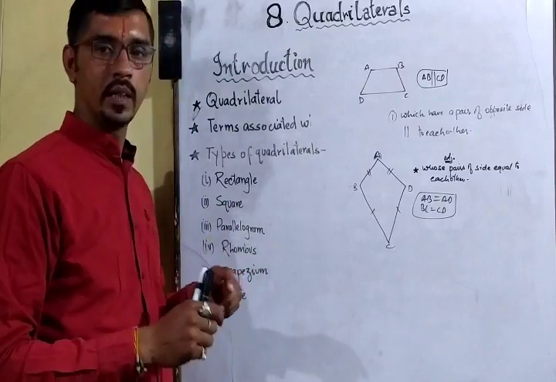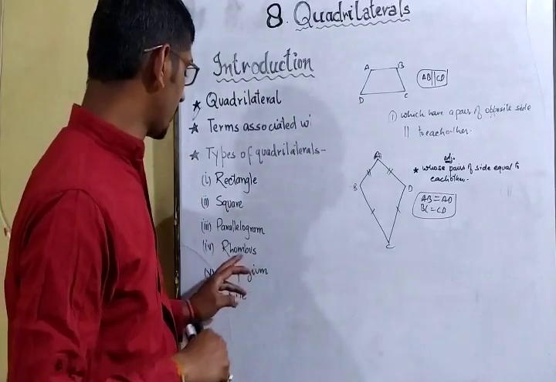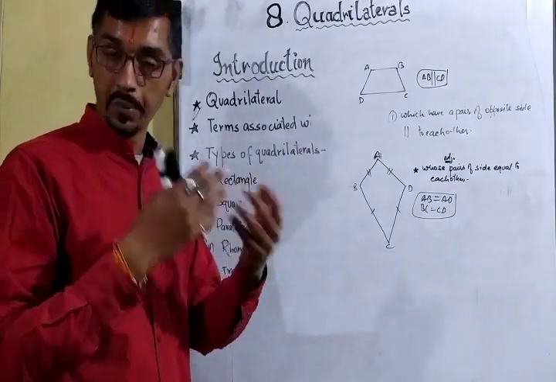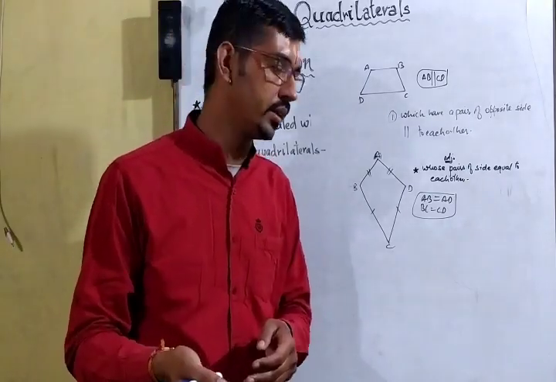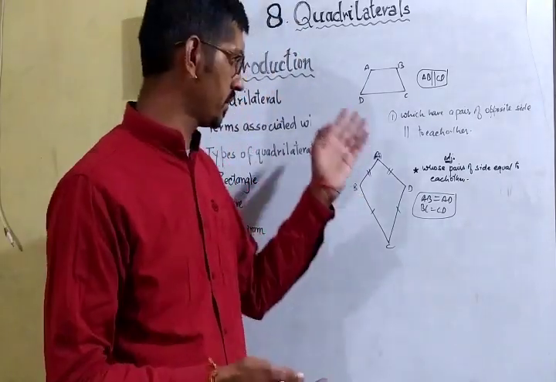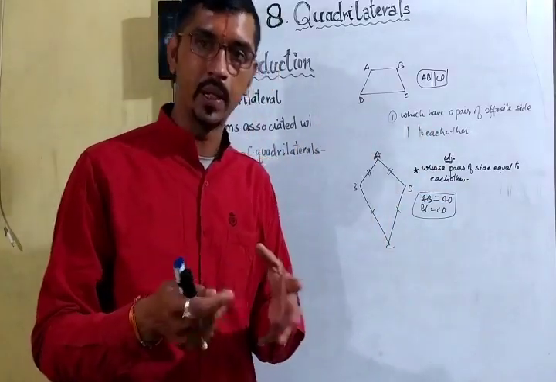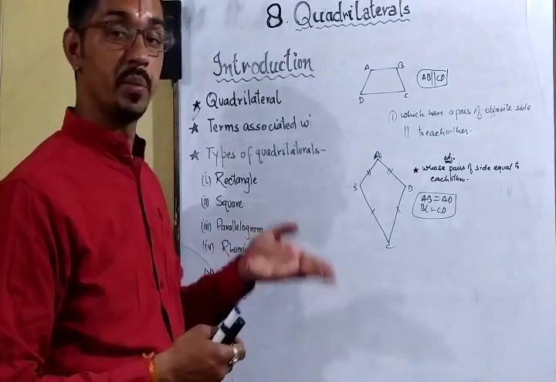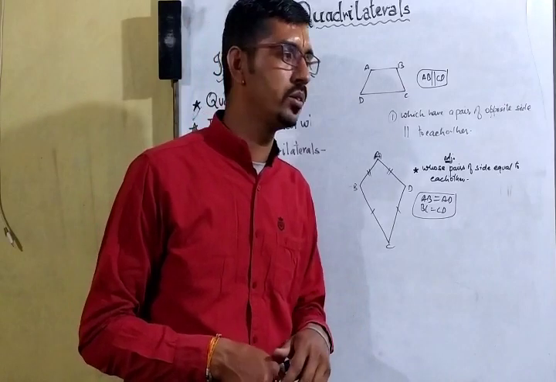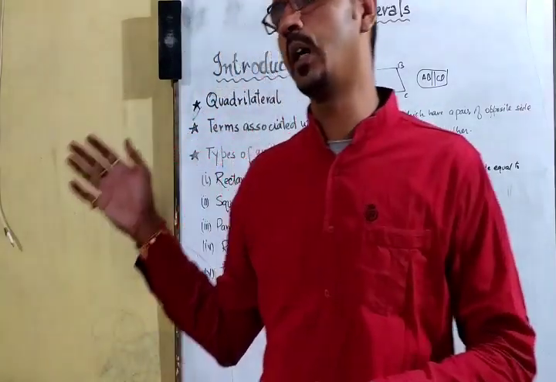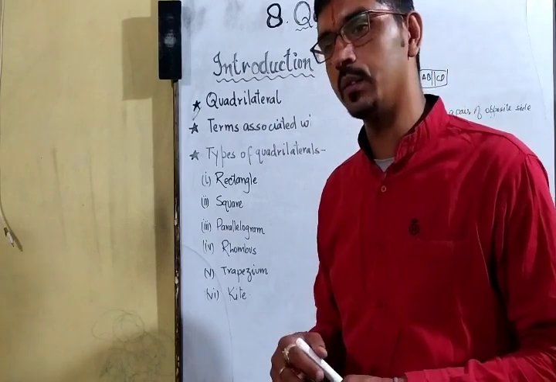So you will write rectangle, draw a figure and its properties. Second, square, then you will write square, then its figure, then its properties. Now third, parallelogram, draw a parallelogram with the help of the book, or I have prepared one here as well. So you will draw a parallelogram, then its properties as well, then rhombus, then trapezium, then kite. So it is very easy to define all the types of quadrilateral. So this is okay with the first video.